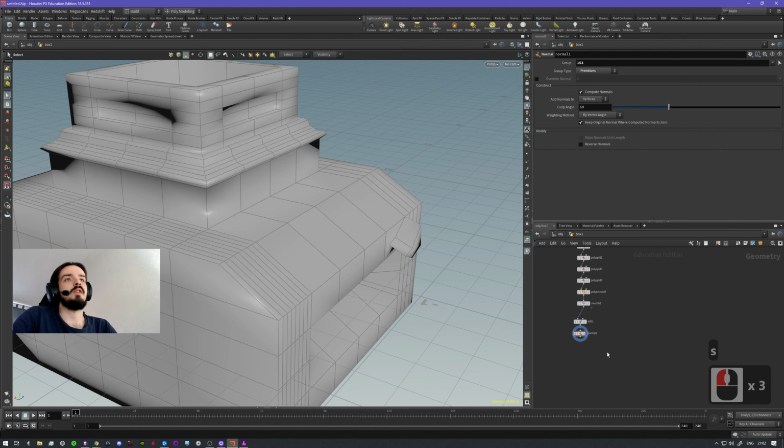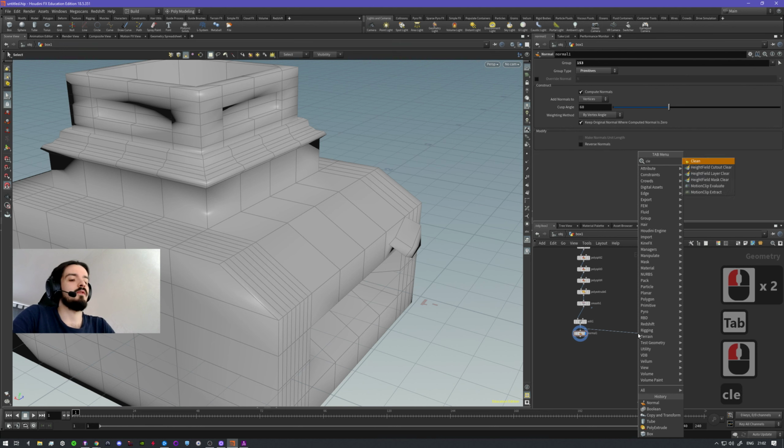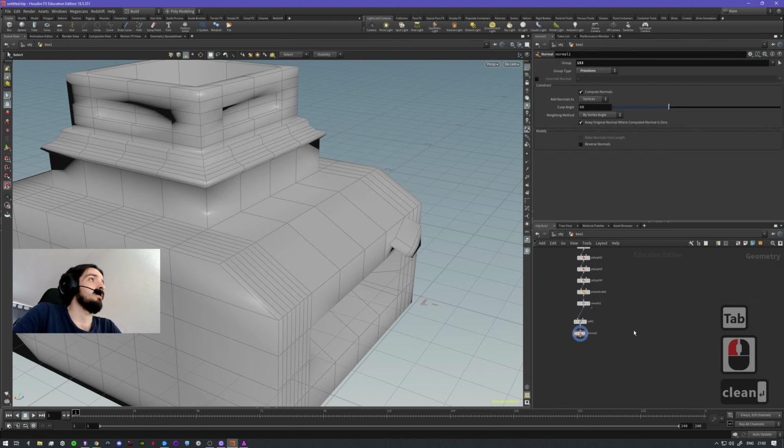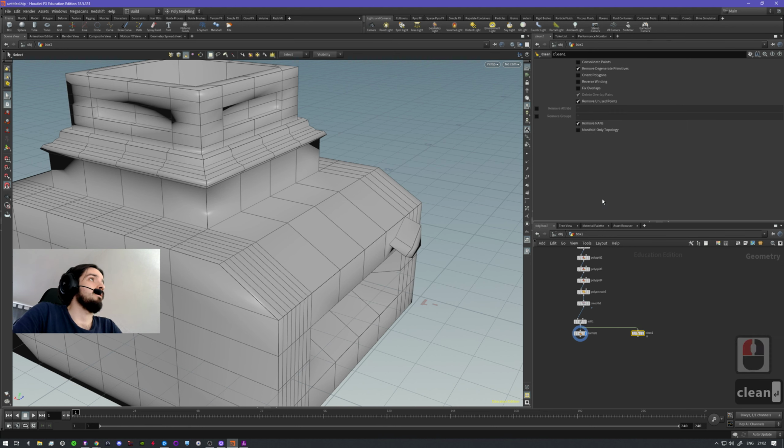If it's going to be larger geometry and you messed up somewhere on the way, you can always go for clean. And you have orient polygons, reverse winding, fix overlapping, and